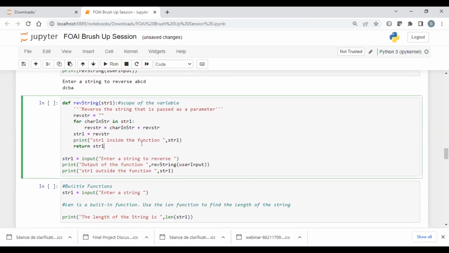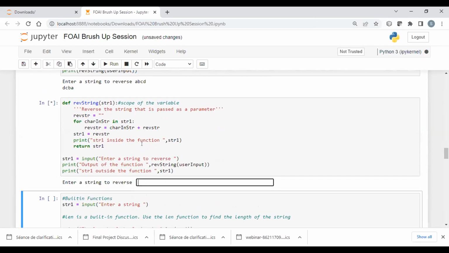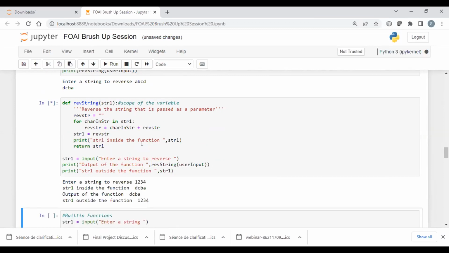Again, we have created this reverse string function, but here we are going to understand how the string is working when it is inside the function and when it is outside the function. So what value is coming up? Let us take the same example, 1, 2, 3, 4.